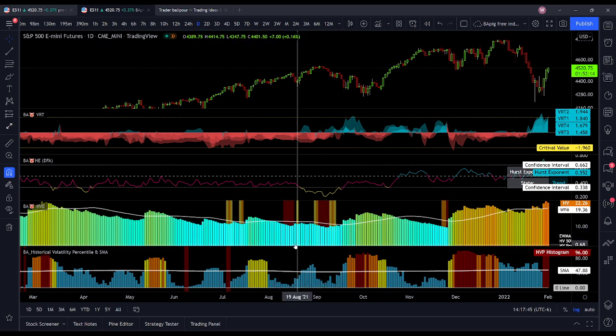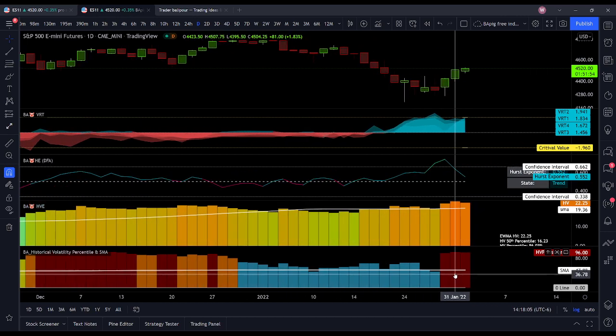With the HVE, you'll see a lot more volatility clustering. Like right here, you did see some significant expansion, but this indicator is a little bit more of a longer term indicator, and the HVP is more for short term type of